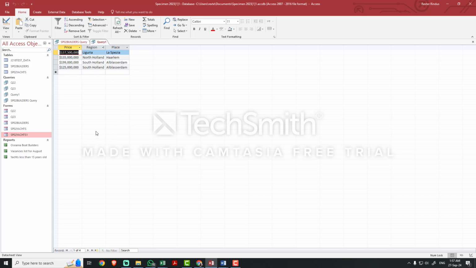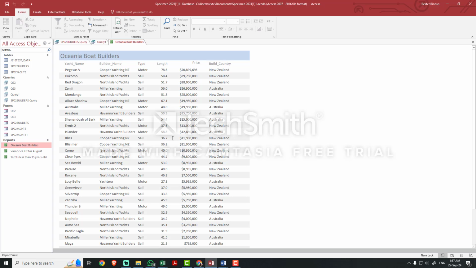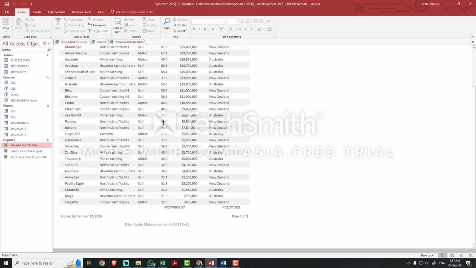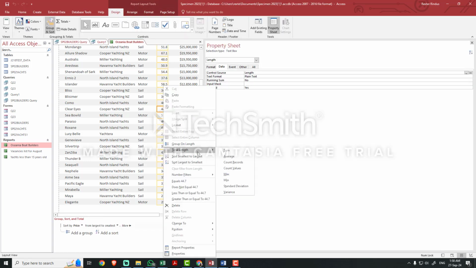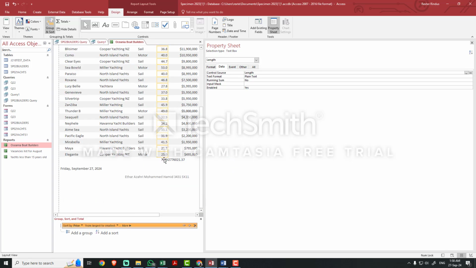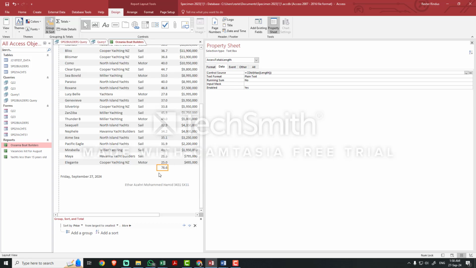And they said that in the report there was a question where you just have to get the highest number. They said the highest number only. So the only thing you have to do is go to design view, right click, and then go to Total, and then go to Max, and you should get the value that you're looking for if you do that. So they said that's the only thing that actually makes it a little bit tough on Access.